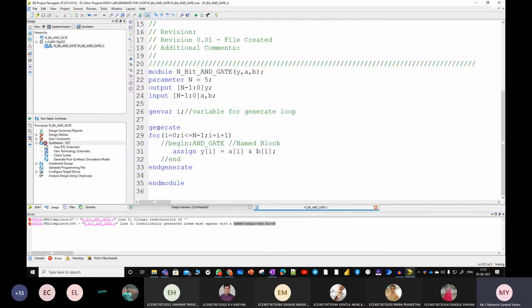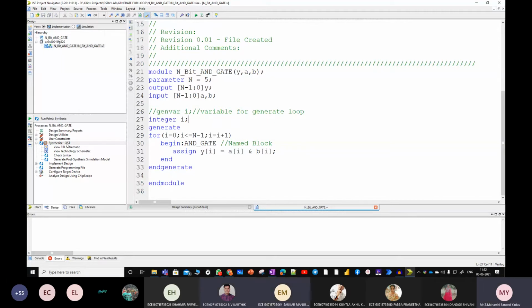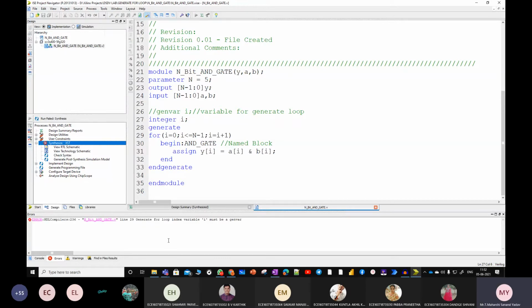This is one change. Next, I'll comment out this particular genvar, and I'll enable these 2 lines. Now let us see what will happen. Can anyone tell me what will happen now? In C language, I think you would declare it like this: integer i. Yes or no? Yes, sir. I is not defined. Okay, so now I'm declaring it as integer i and trying to synthesize. See the difference between C language and Verilog. See, again synthesis has failed. Can anyone read this particular error?